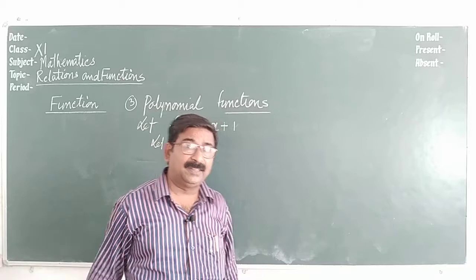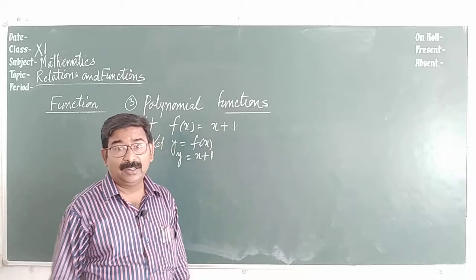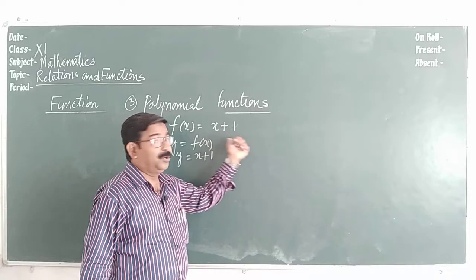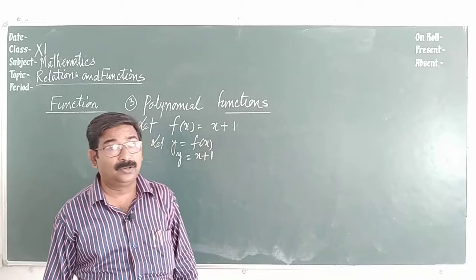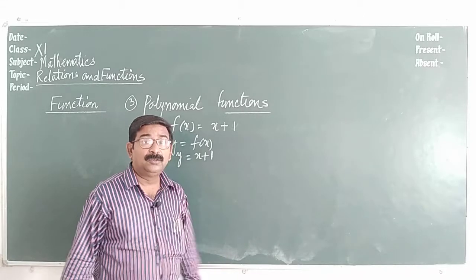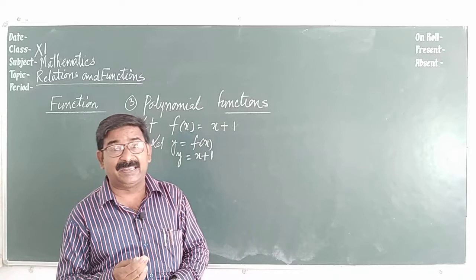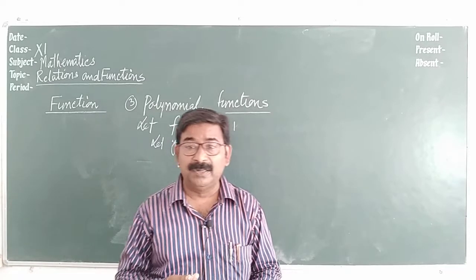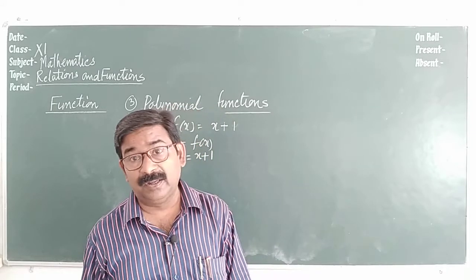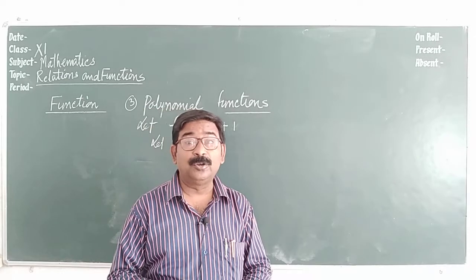Means if we are taking the values of x all real, then definitely the value of y will be all real. Means the domain and range of this kind of function, that is polynomial function, that is linear polynomial, not all polynomials. We are talking about linear polynomial. In case of linear polynomial, domain is always all real, and this happens in case of all types of polynomials. Means the domain of all types of polynomial is always real. Now here range varies. Range varies according to the polynomial.